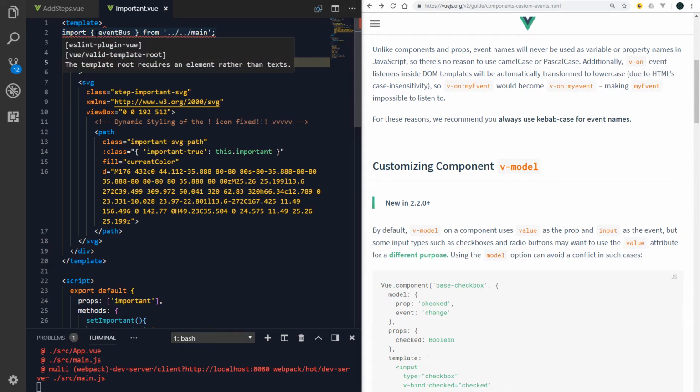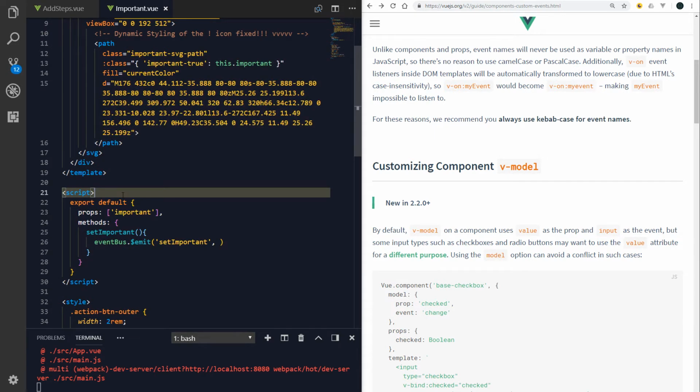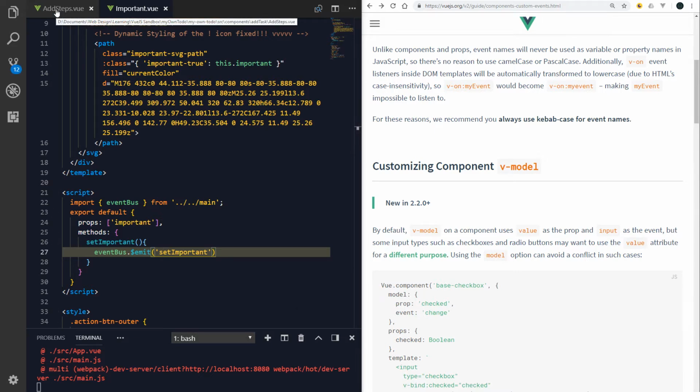Where's that coming from? That must be from an Angular auto import plugin that I have turned on right now. I should probably turn that off. Okay. Import event bus, set important. We're going to emit this event, and I don't even think we need a second argument. We just want to emit that the event was fired, and then